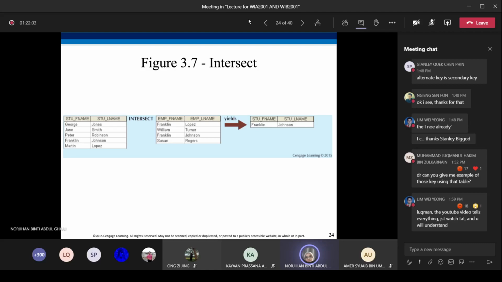Student table intersect with employee table, so what is the result? We have Franklin and Johnson here, and here we also have Franklin and Johnson. So this is the result for intersection. So this is for relational set operators.